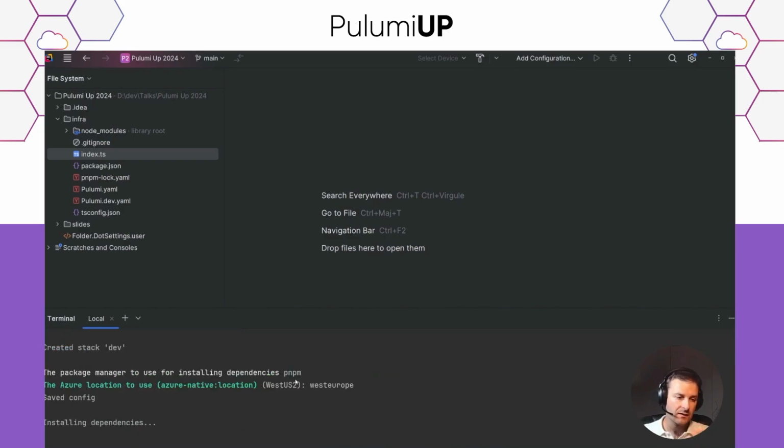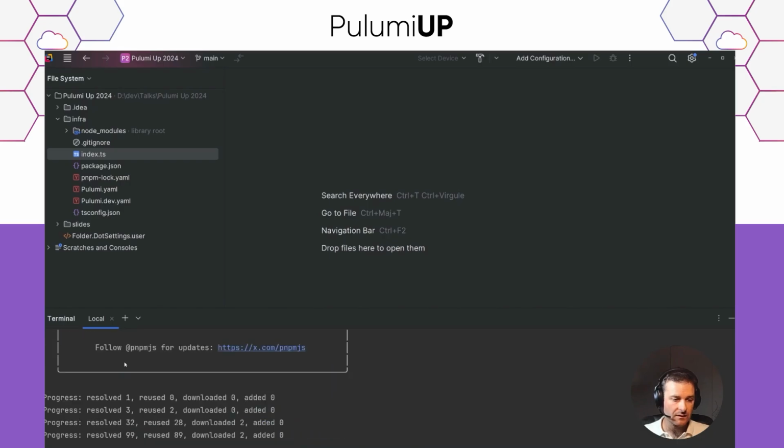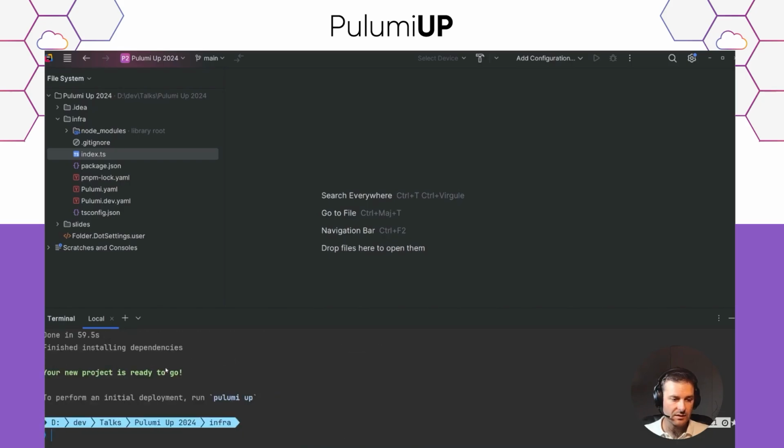I have set the package manager to PNPM, and I will be using the Europe region as my default Azure location. You can see that my dependencies have been installed, and that's it. Here's my project. I have not modified anything for now.